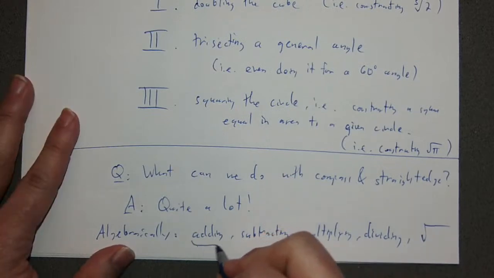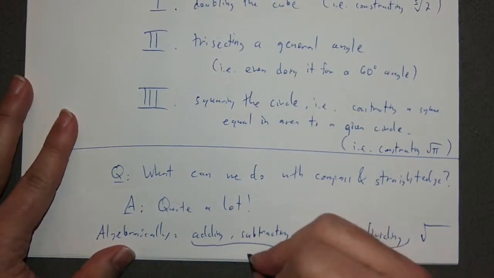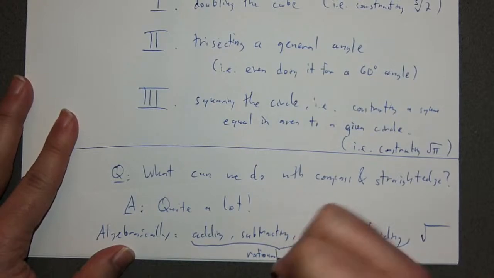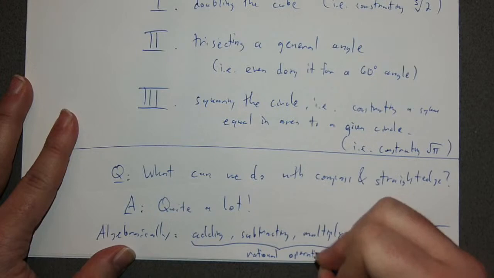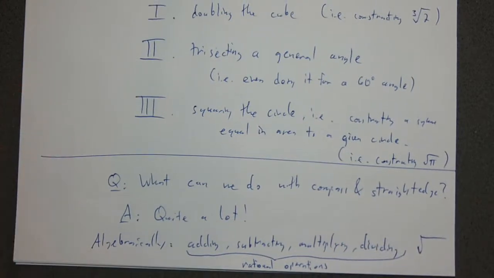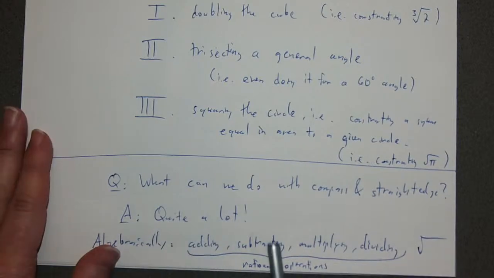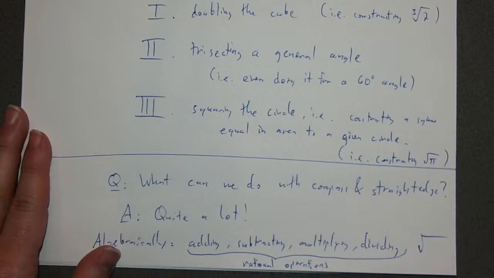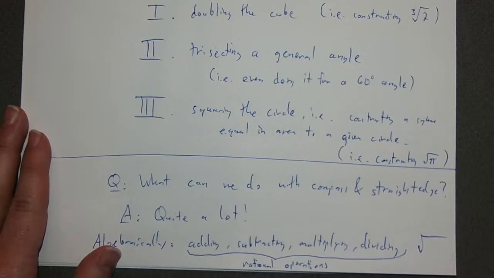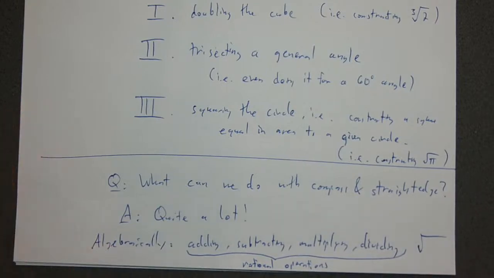These first four are called the rational operations. You probably see why. Because if I begin with rational quantities, that is quantities that can be written as ratios of whole numbers, then adding, subtracting, multiplying, and dividing those, I still have rational quantities. The only time I have to worry about moving to an irrational in that case is when I'm taking square roots. Okay, but it's going to turn out that irrationality is not necessarily what is the problem here.